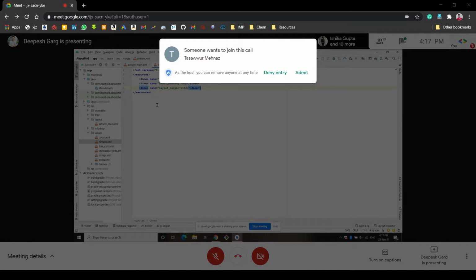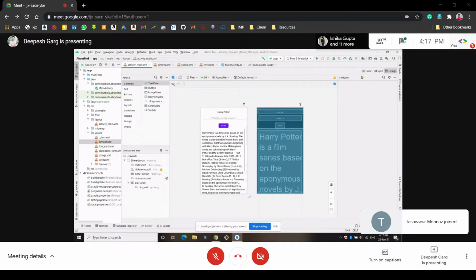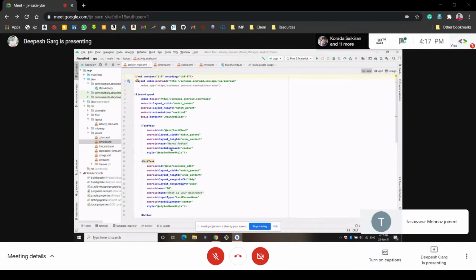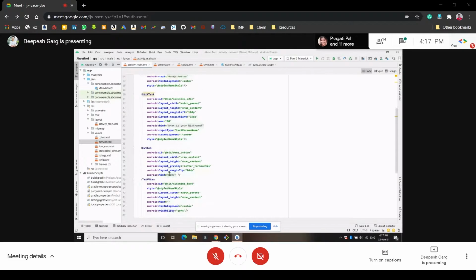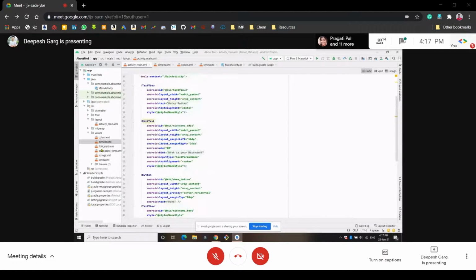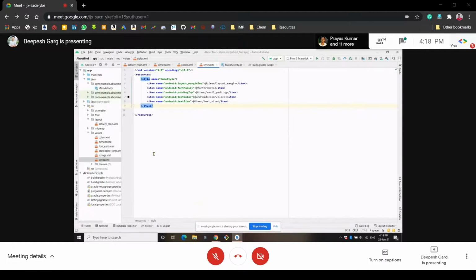So let's move to this activity_main.xml file. After this dimensions.xml, I created one styles.xml file, because we want to style our text.